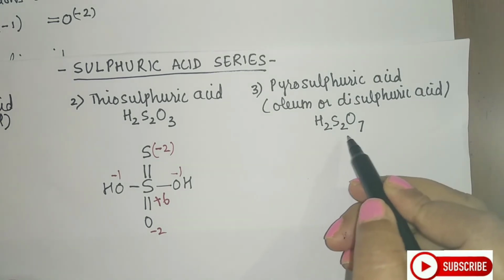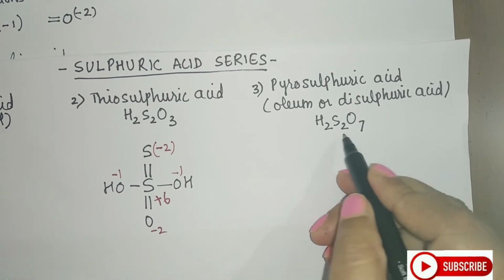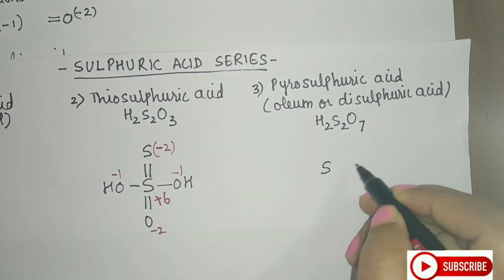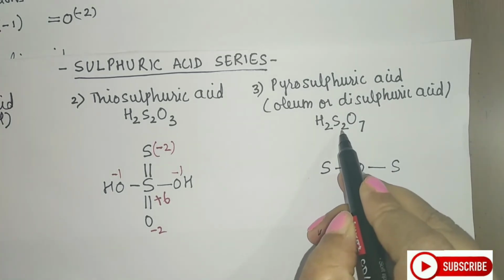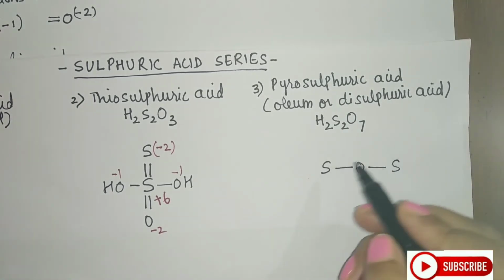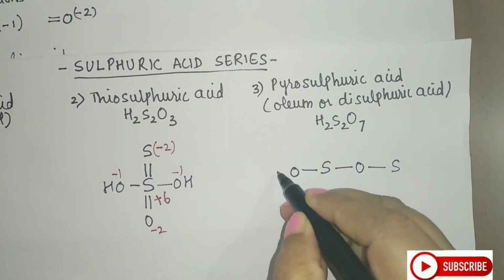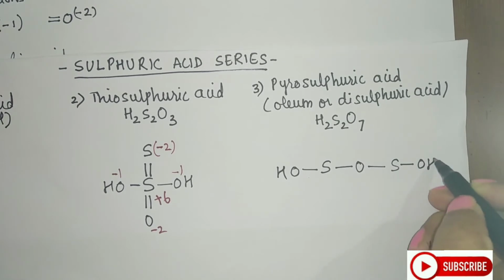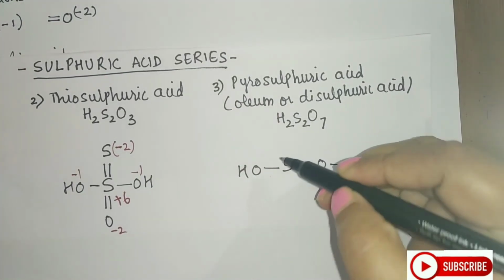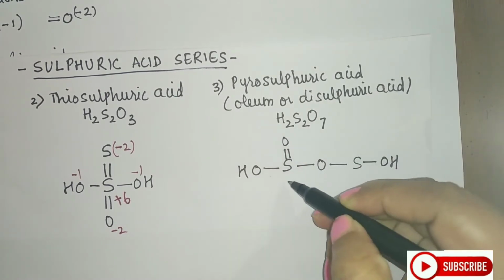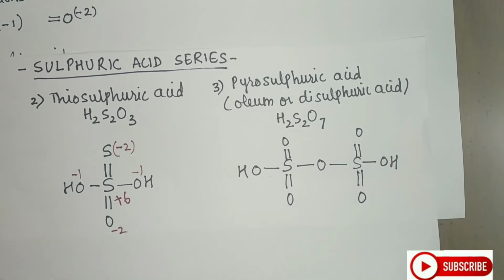If you see here, there is an S2 molecule and an odd number of oxygen atoms. So what I should form here is an SOS linkage. So I am forming the SOS linkage because I have 2 sulfur atoms and odd oxygen atoms. Now form maximum OH pairs. I can form 2 OH pairs. So one I will attach to this and one on this side. 3 oxygen atoms I have used, 4 oxygen atoms remaining. So I will attach 2 in this way to this sulfur and 2 on this sulfur in this way.